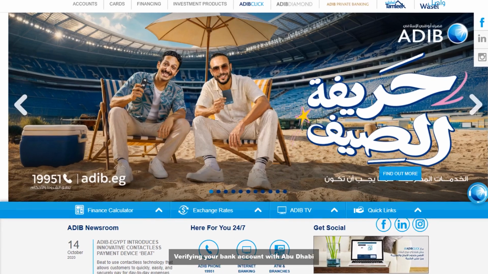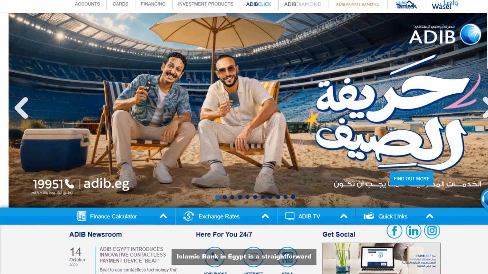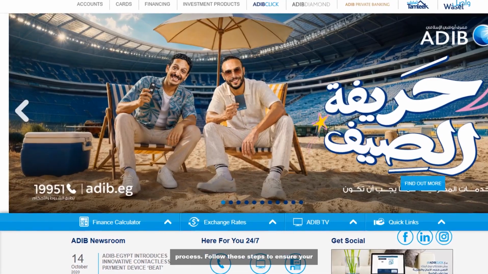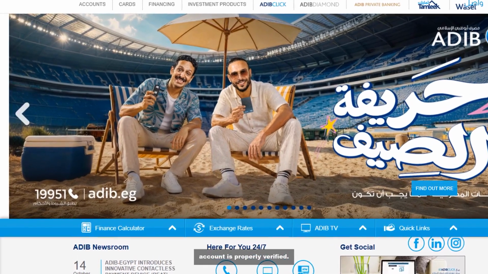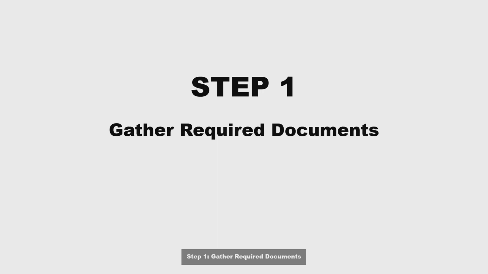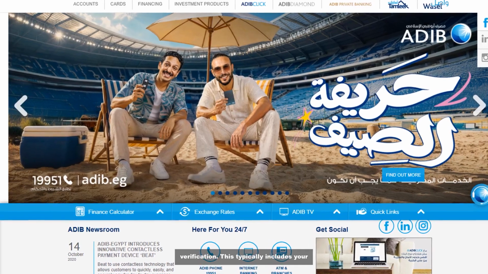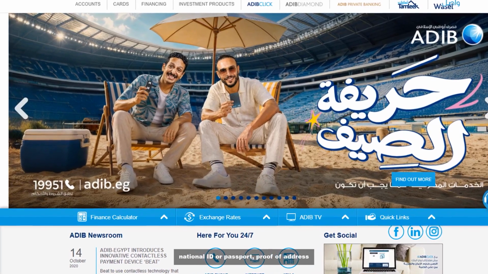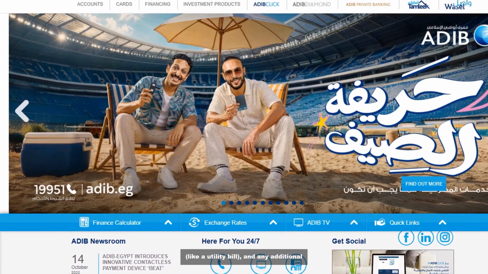Verifying your bank account with Abu Dhabi Islamic Bank in Egypt is a straightforward process. Follow these steps to ensure your account is properly verified. Step 1. Gather required documents. Collect all necessary documents for verification. This typically includes your national ID or passport, proof of address like a utility bill, and any additional documents requested